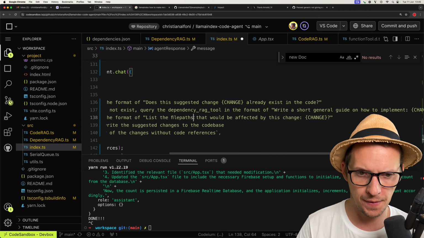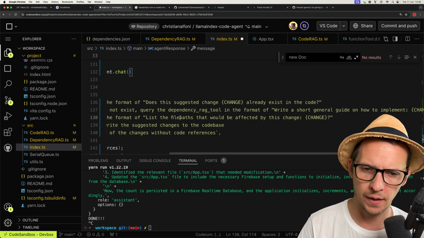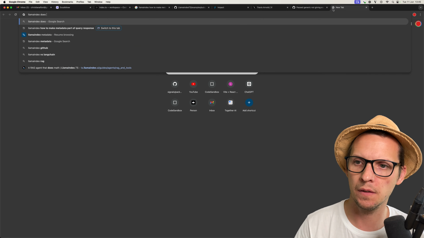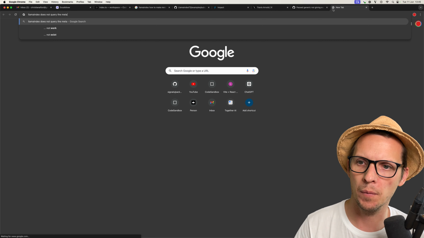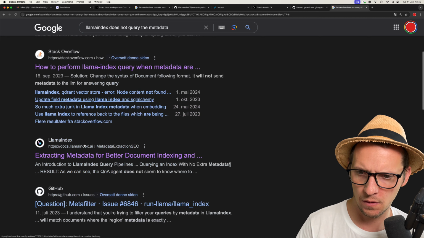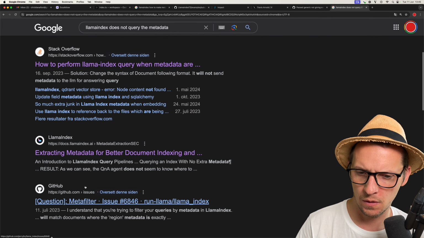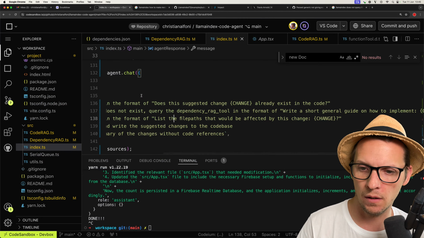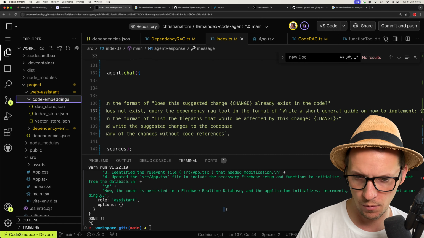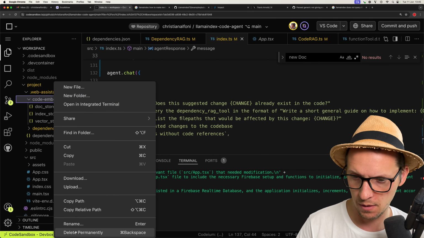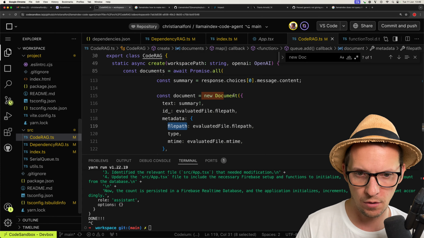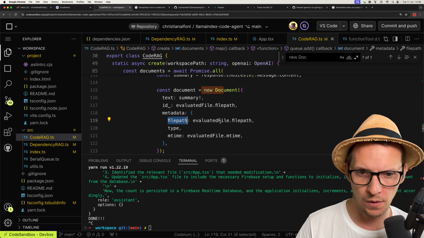List the file paths. LlamaIndex does not query the metadata. Okay, whatever. Let's just go in. We're gonna delete the code embeddings, which means that it will actually generate it again when we fire it up, which is fine. But we need to go into a code rag, and then we're gonna say,